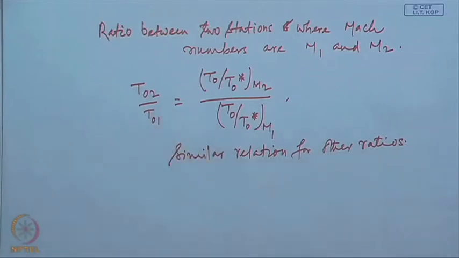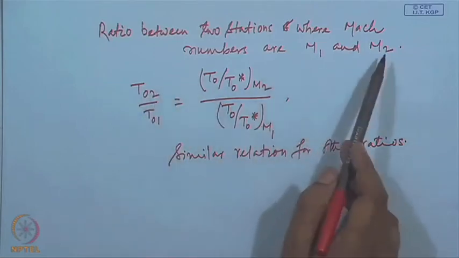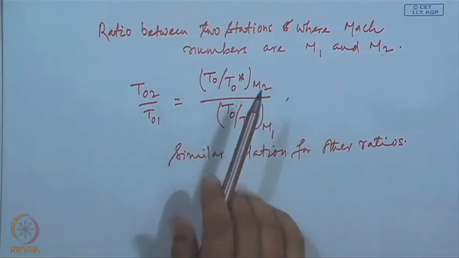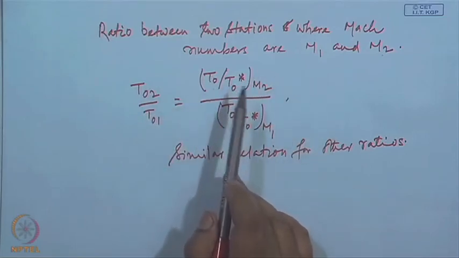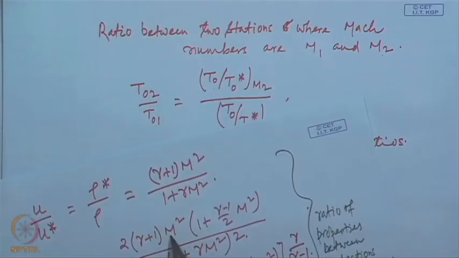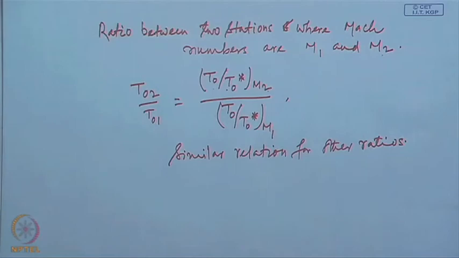That is, T02 by T01, where T02 is the stagnation temperature at station 2, where Mach number is M2, and T01 is at station 1, where Mach number is M1, and that ratio can simply be obtained by T0 by T0 star evaluated at M2 and T0 by T0 star evaluated at M1. Similarly, for other ratios the same relation holds, and all the properties can be obtained